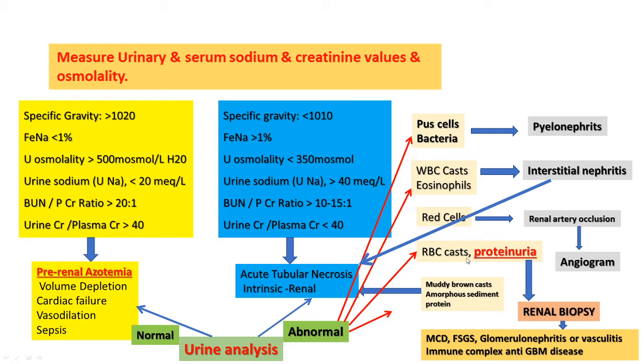When you get proteinuria in the urine analysis, again you have to differentiate whether it is nephrotic or nephritic syndrome. Nephrotic is greater than 3 grams of protein per 24 hours of urine, and less than 3 grams is nephritic syndrome. So if you get nephrotic syndrome, then you have to do a renal biopsy to evaluate the intrinsic glomerular disease, or there could be some vasculitis diseases, or immune complex glomerular disease, anti-glomerular basement membrane disease, or crescentic glomerulonephritis can be seen.